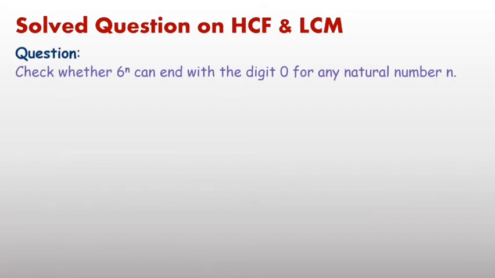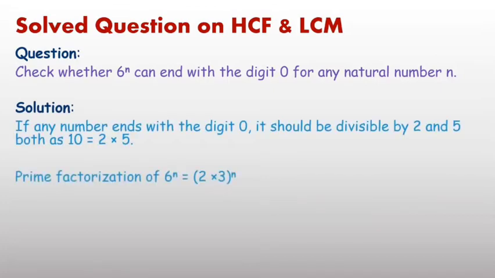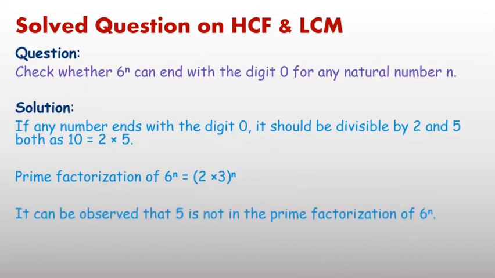Next question. You have to check whether 6 power n ends with digit 0 or not. If any number ends with digit 0, it should be divisible by both 2 and 5. The prime factors of 6 are 2 and 3. Prime factors of 6 power 2 we can write as 2 into 3 whole power 2,